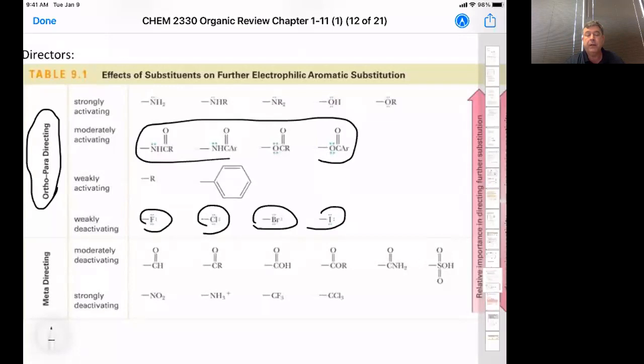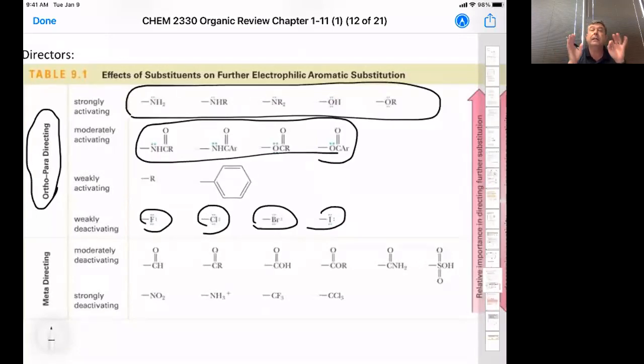All of these have lone pairs, and the ones that can donate more of their lone pairs are more strongly activated. These don't donate as much because we have a carbonyl taking some of those electrons away. These are weakly activating because there's a little bit of pull. Now these are deactivating because of electron pull, but the lone pair makes them ortho-para directing. So that's the common thing. Lone pair